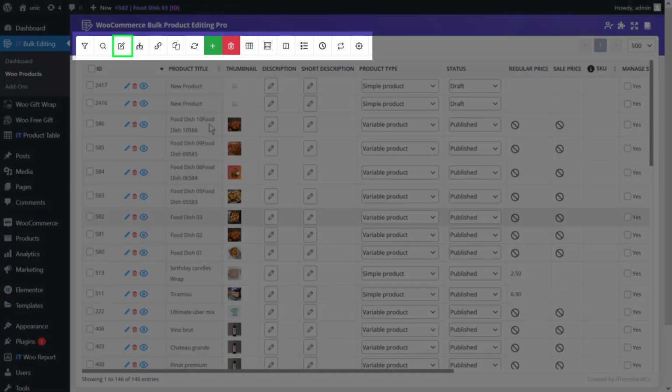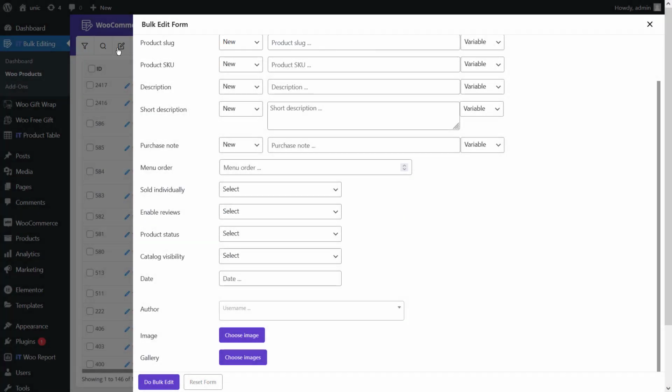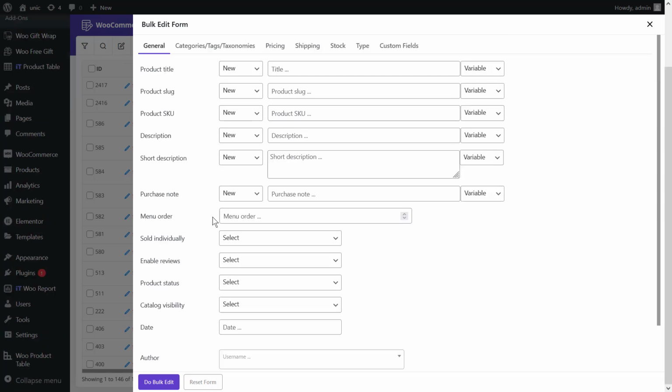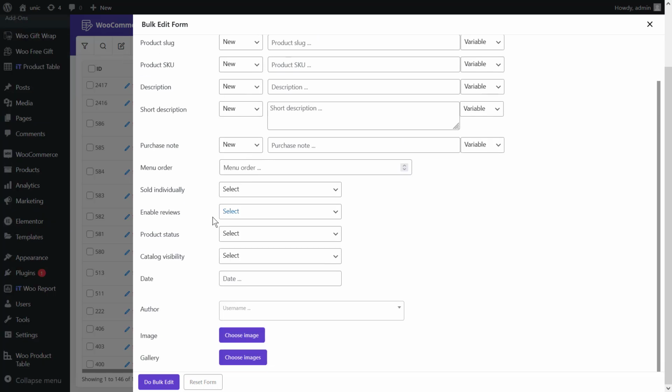Now, by clicking on bulk edit in the main page of our plugin as it is shown here, a new screen will appear, which is by default in the general tab. In this tab, you have to scroll down to see the product status option, and as you can see, there are 4 different options that make it possible for you to change multi-product status settings, including the first one is